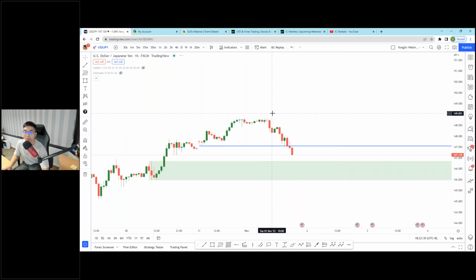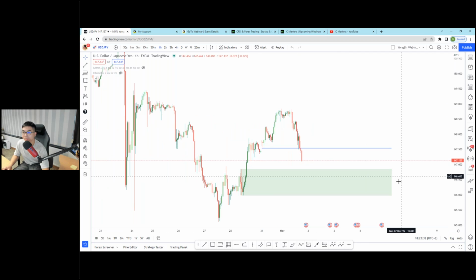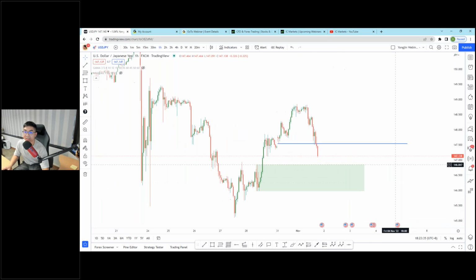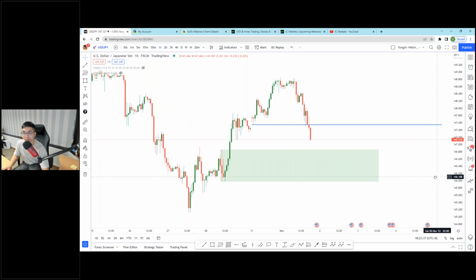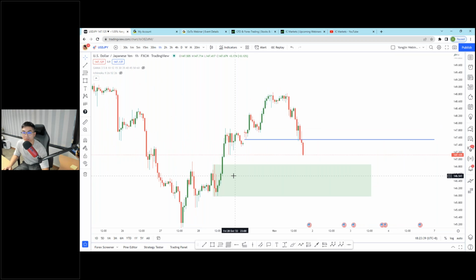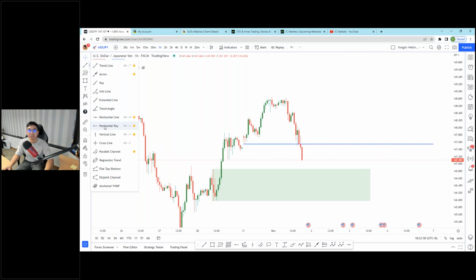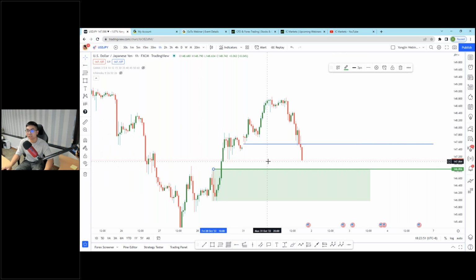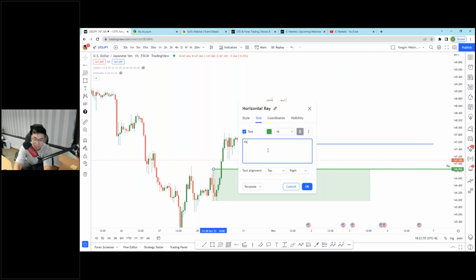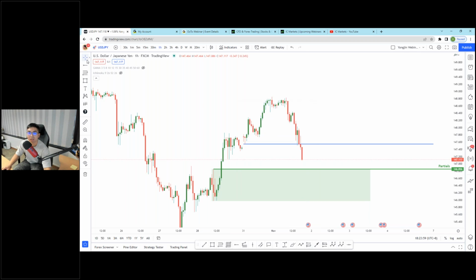Next is 1 hour. Looking at the 1 hour, I'll just leave it as that already, because price could, okay, maybe this area I can make smaller, but I'll just leave it as that. If I am currently in a sell, I would probably take partials right here. Let price do its thing. Let price tap into this area, close a partial, and then maybe we can search for a long.